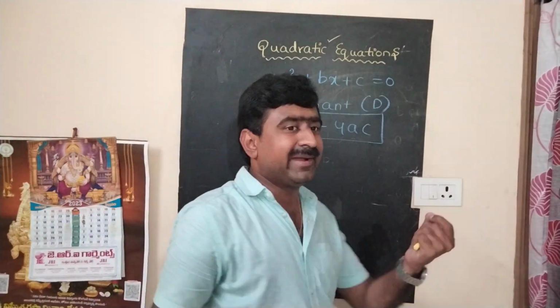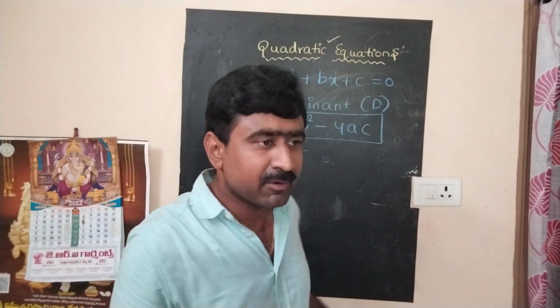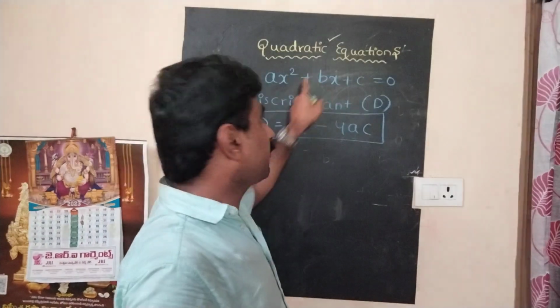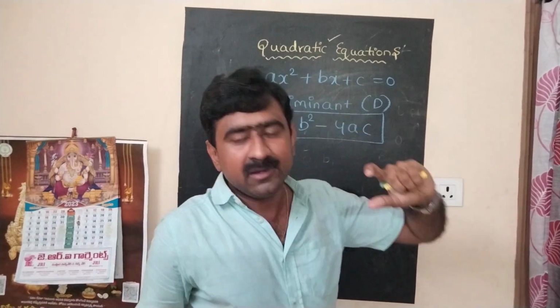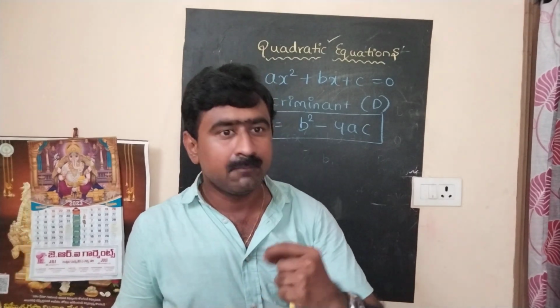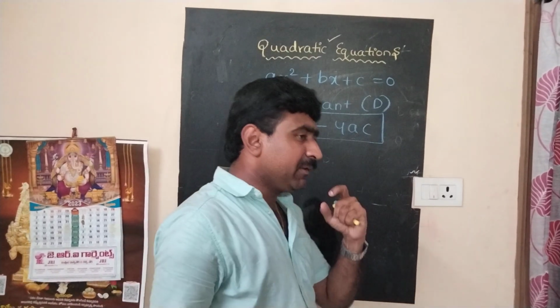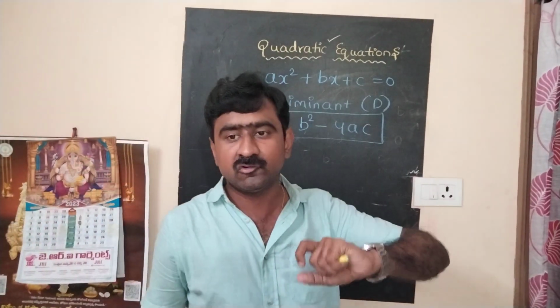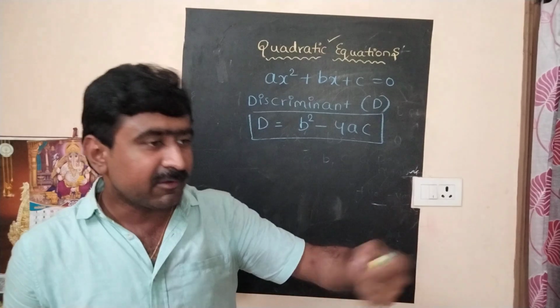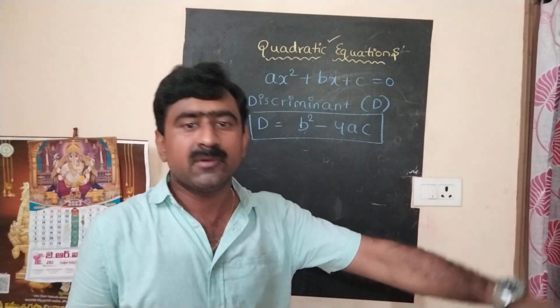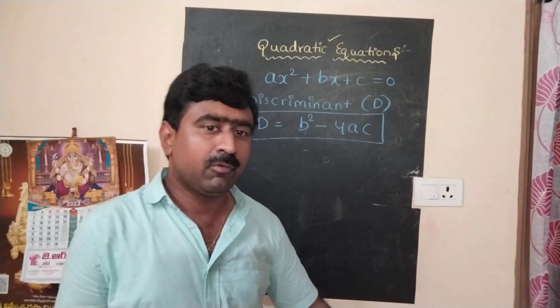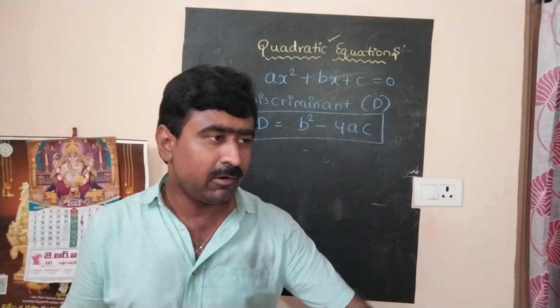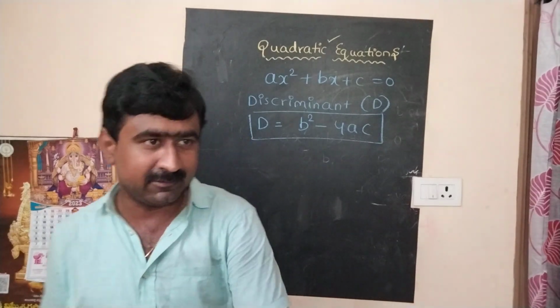సో దీన్నే మనం discriminant అని కూడా అంటామండి. Discriminant for a given quadratic equation is calculated by using the formula D is equal to b square minus 4ac. మనకి పబ్లిక్ ఎగ్జామ్ లో కూడా 1 మార్క్ క్వశ్చన్ అడిగే ఛాన్సెస్ ఉంటాయి. వాడు ఏదో ఒక ఈక్వేషన్ ఇవ్వచ్చు. For that equation they can ask us to find out the discriminant. At that time we have to use the formula D equal to b square minus 4ac.